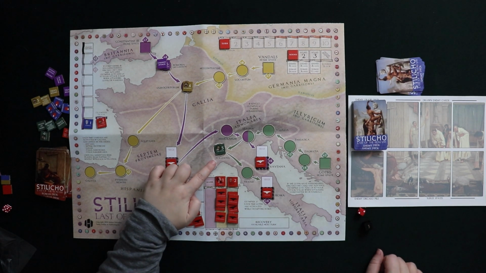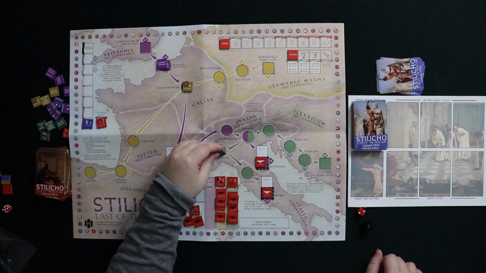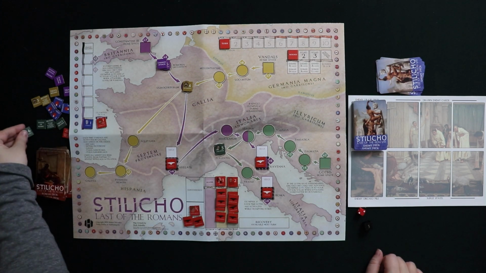We've got our Goths in their starting spot of Pollentia. They are on their 5 side, so this is the emboldened side. They can be demoralized depending on how things go later. And this is also their weaker counter. They actually have one that is 6-5 instead, so you want to deal with them before that one pops out